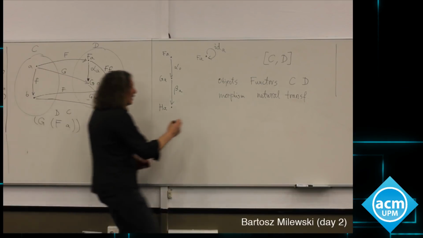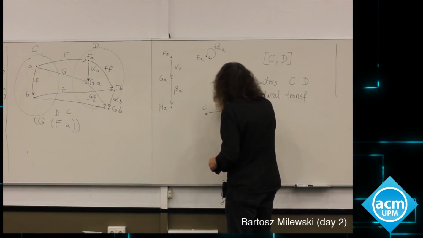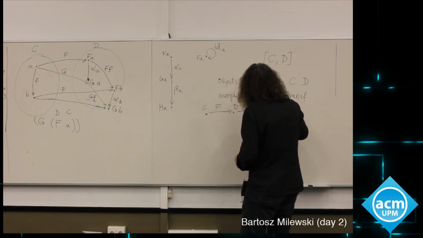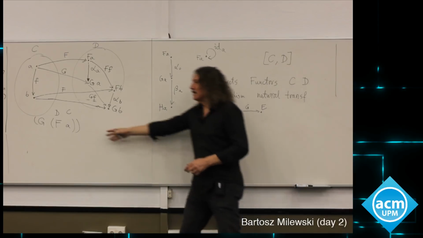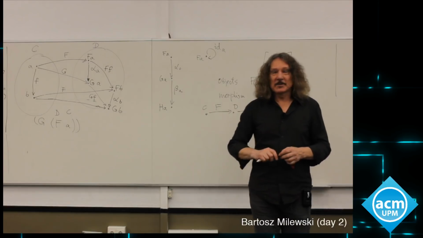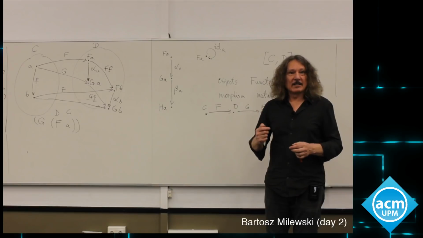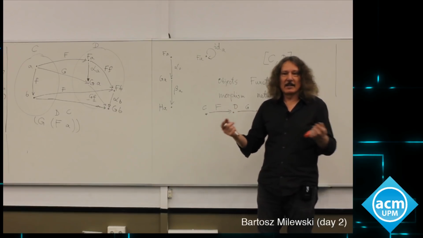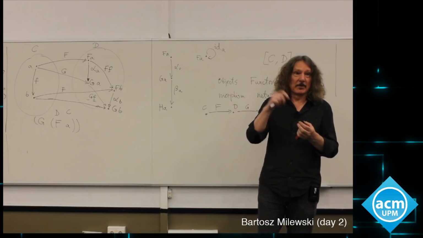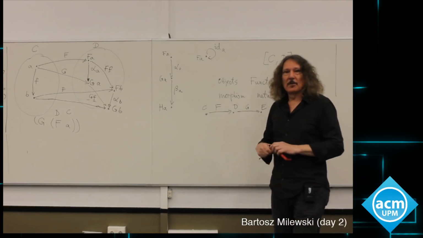So you have category C, a functor F to category D, and a functor G to category E. You can compose them this way, and the same for morphisms. So functors are also composable. And is there an identity functor? Obviously, I already mentioned that: a functor that just takes an object into itself and a morphism to itself doesn't do anything. It's an identity functor. So functors